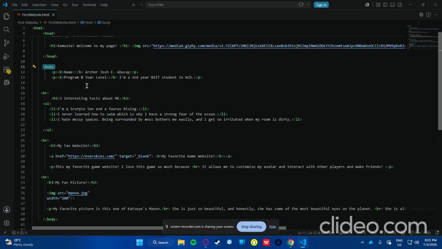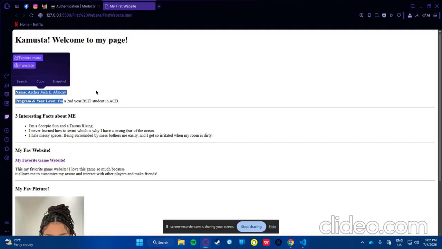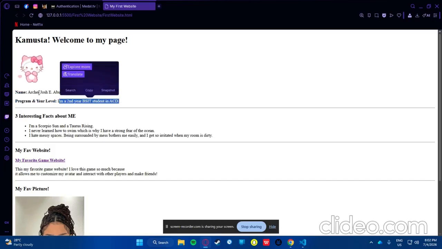So why did I use these tags? On lines 11 and 13, I used these to neatly display my personal information. I wrap the labels name and program and year level in bold tags so they pop out, followed by my actual details. As you can see,